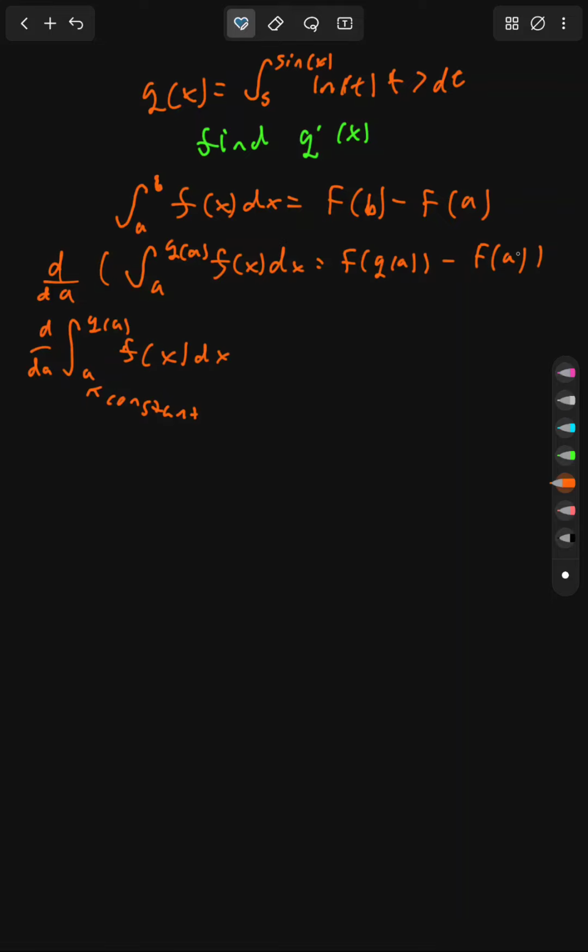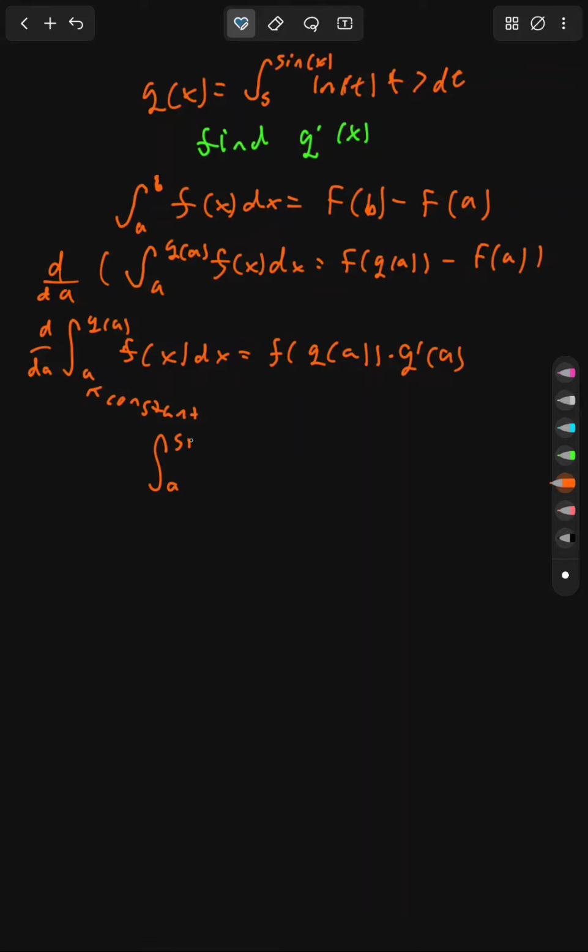Well, if we're evaluating F at a point a, that's a constant, so we don't have to worry about it. We'll have to use the chain rule for this. So we get the derivative of F is going to be little f of g of a times the derivative of g, which is g prime of a. Now we can use this formula here to determine that whenever we do take the derivative of g,